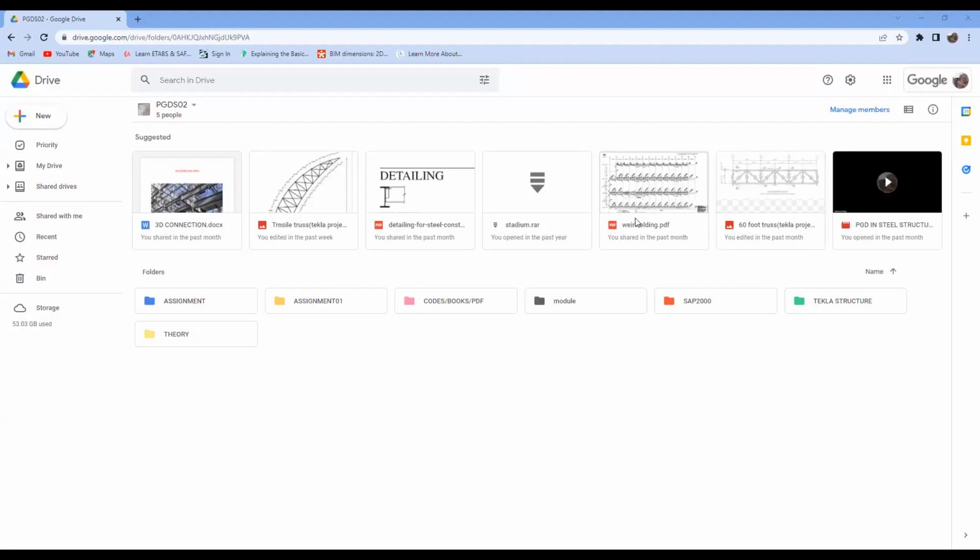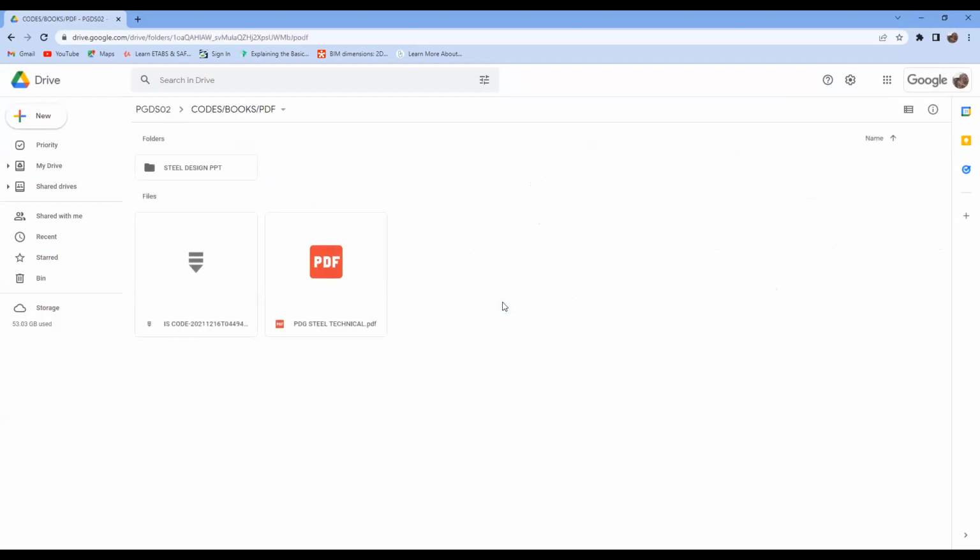Through the shared drive we will provide it. Here you are seeing the folders for assignment, books PDF, module, SAP, Tekla, theory. Through that, if you want to get into the course, you need some kind of